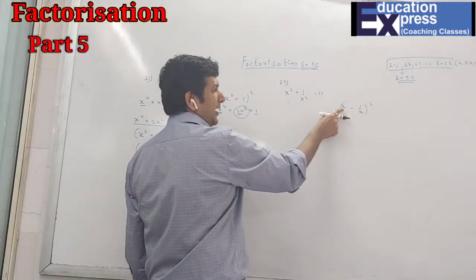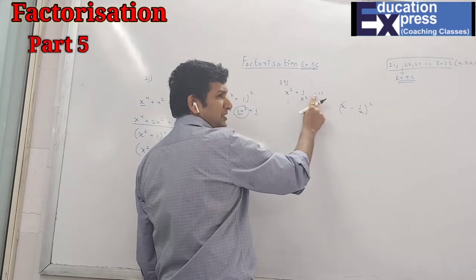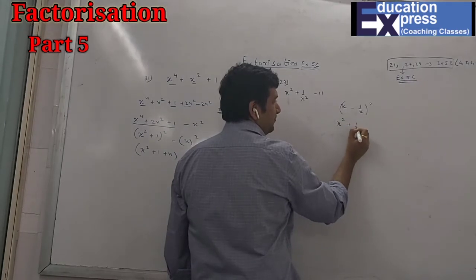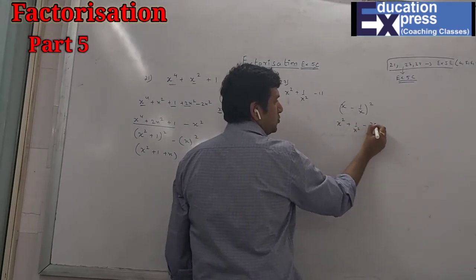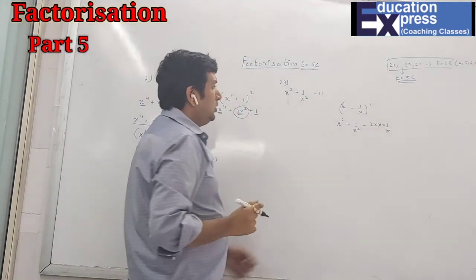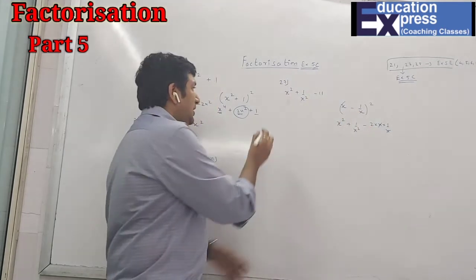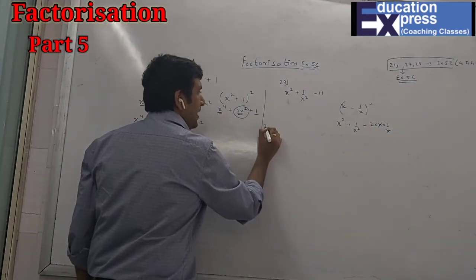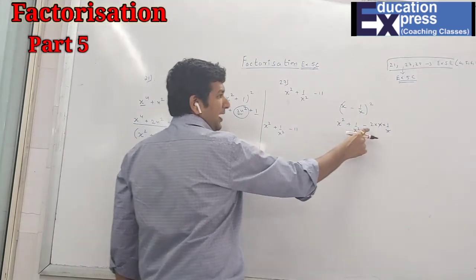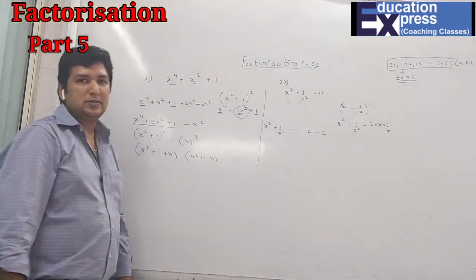Here x² is the square of x, and 1 upon x² is the square of 1 upon x. And the number that doesn't have a square has a minus sign. So if I open this, a square, b square, minus 2ab, that is minus 2. I have told you that the moment you have x² plus 1 upon x², the extra thing you have is minus 2. Same thing I do over here also: x² plus 1 upon x² minus 11, what I have over here is minus 2. So if I do minus 2, at the same time I do plus 2 also.